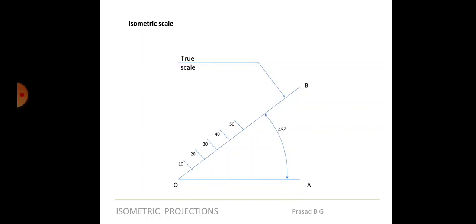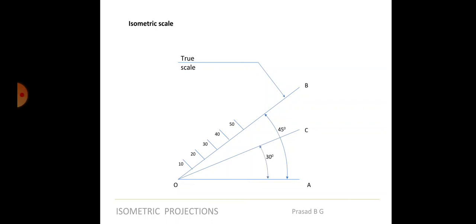So what you have to do now is draw another line from the point O itself at an angle of 30 degrees. Okay, you have drawn a line at 45 degrees now. You have marked all the points. Now you have to draw another line at an angle of 30 degrees, like this. Okay, the first line was 45. The second line that you are drawing now is at an angle of 30 degrees.